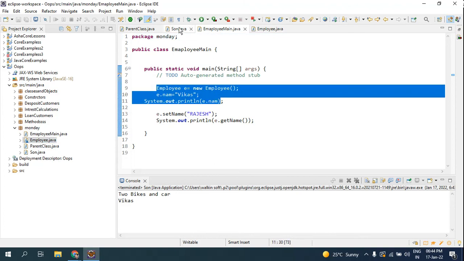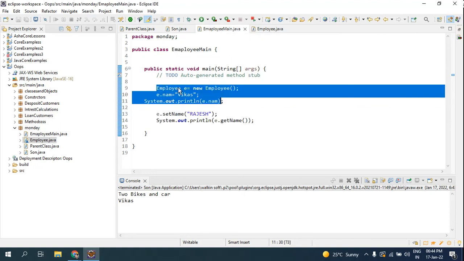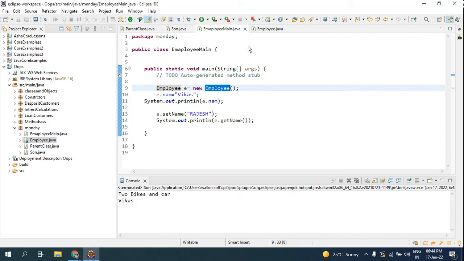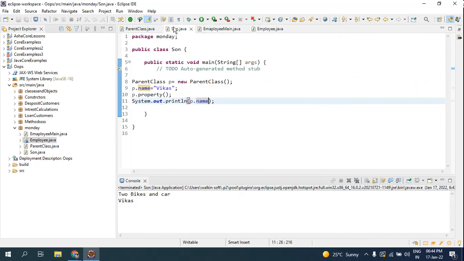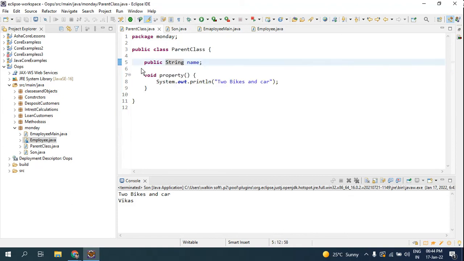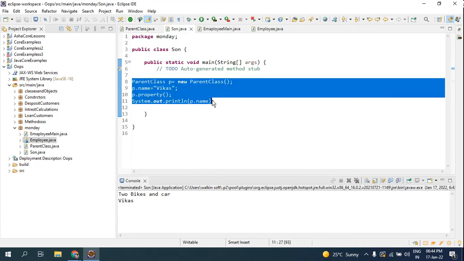So here this is the same thing. What is the difference here for the inheritance, you might wonder? The difference is that here I have used the employee object. So when I say employee, this class object has been created, so I'm able to get it here. But look here in the son, I have used the parent class, so I'm able to get these things. So now I don't want this parent class. Okay, now I'll comment it out. I don't need the parent class.